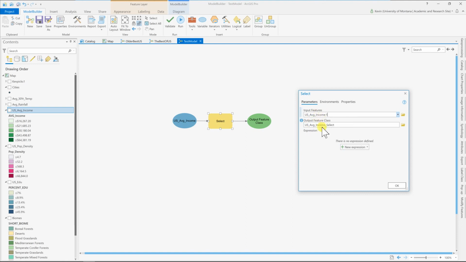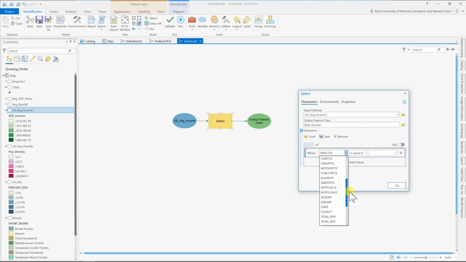So average income is going in, and then instead of letting it put it just into the geodatabase for this project, I have a little piece of code here, and this is called Scratch GDB, and it's got a % sign, Scratch GDB % sign, and then backslash, and then this is going to become best income, right? Let's get an E on there. Great, and then you have to add an expression. So create an expression, and then you have to scroll down and find the average income